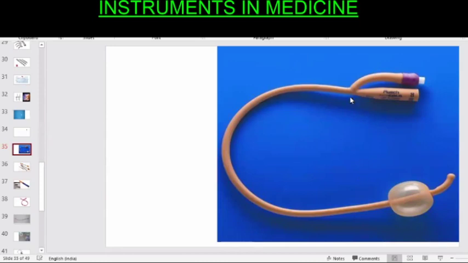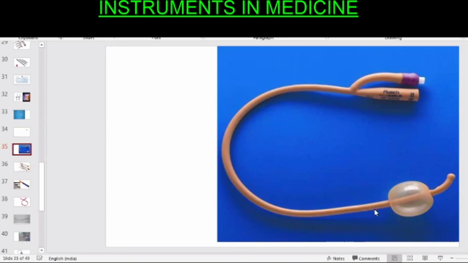In stricture urethra, especially, you will put a small size Foley's catheter and gradually dilate by using urethral dilators, and gradually increase the size of Foley's catheter. So it will also dilate the urethra and prevent the urethra from strictures.